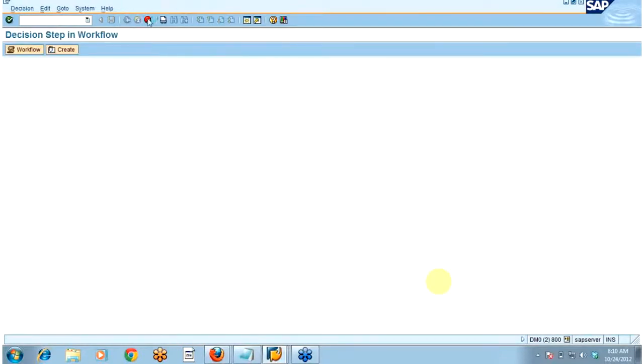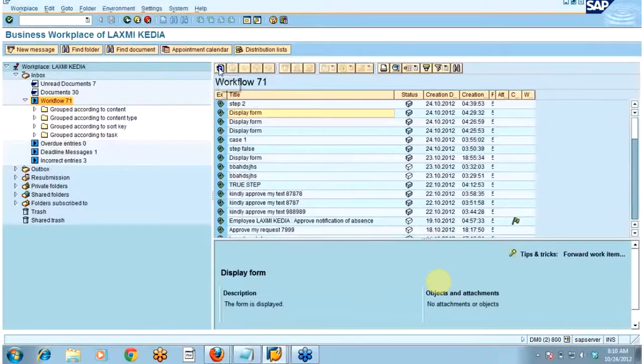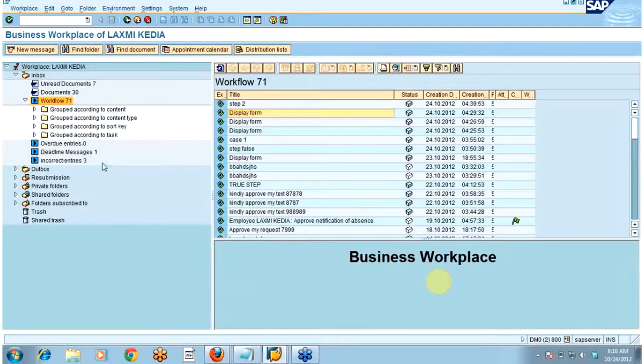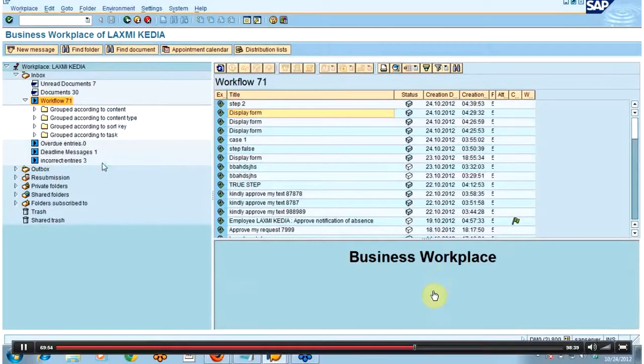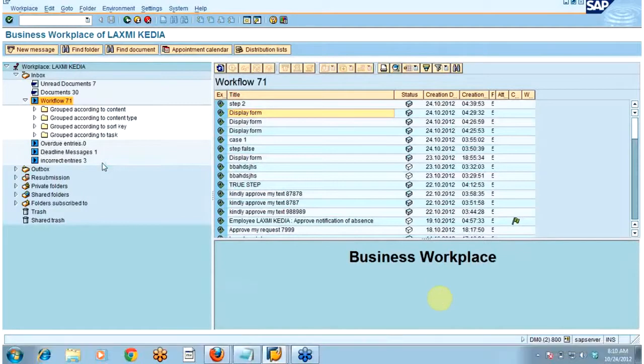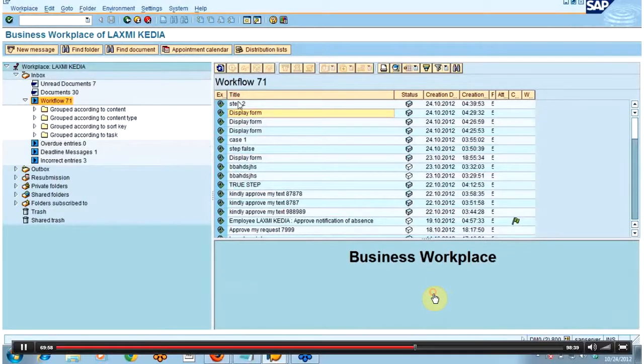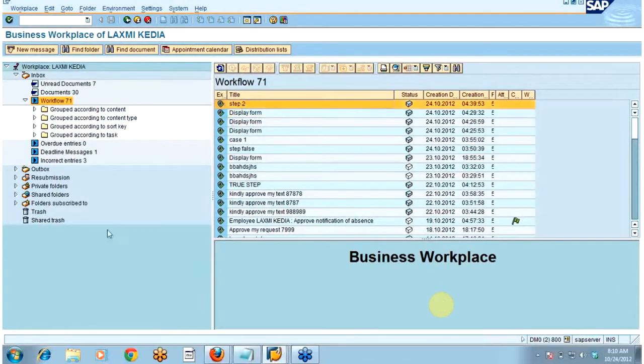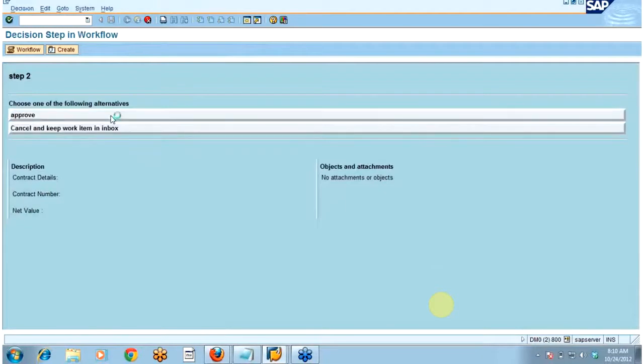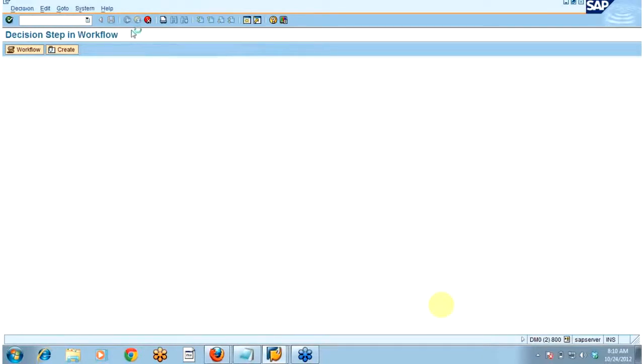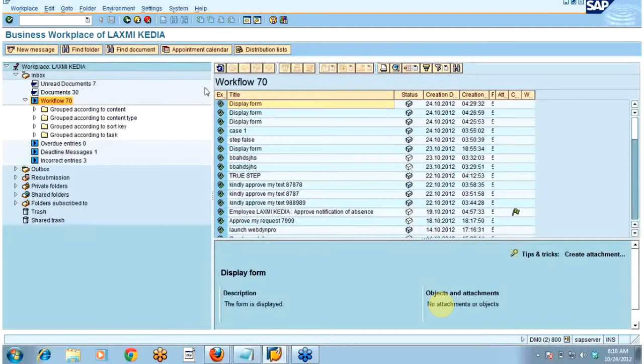If I take the action, you can see step 2 has not disappeared from the inbox of the user, because step 2 should also get executed to complete the fork. So once I click on this step 2 as well, then the fork will get completed and the workflow will get completed. So you can see step 2 got disappeared.